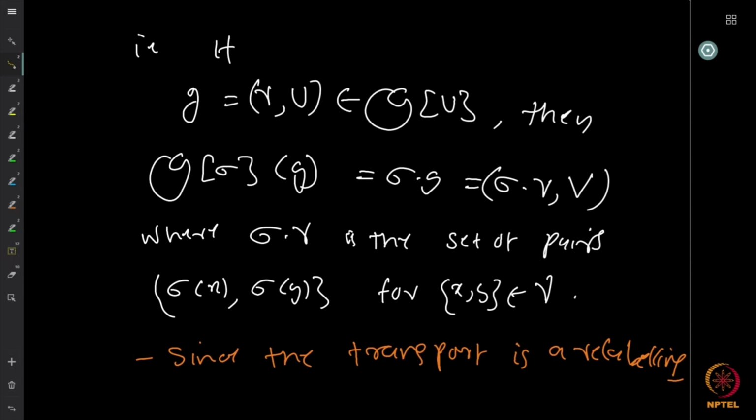Now one can see that the transport is just a relabeling. From this example, and in general, one has an intuition that the transport of structures is just a relabeling, and because of this, we should be pretty clear that if U and V are two sets, and you are looking at G of U and G of V, where G of U is the set of all G structures on U and G of V is the set of all G structures on V,